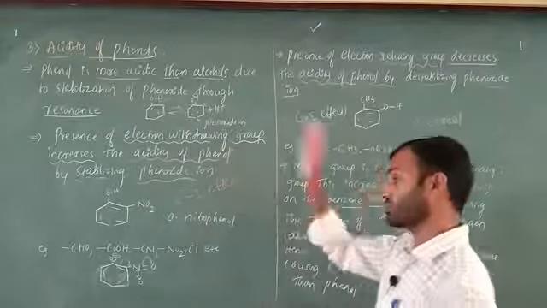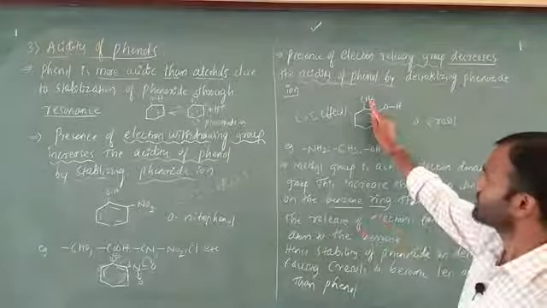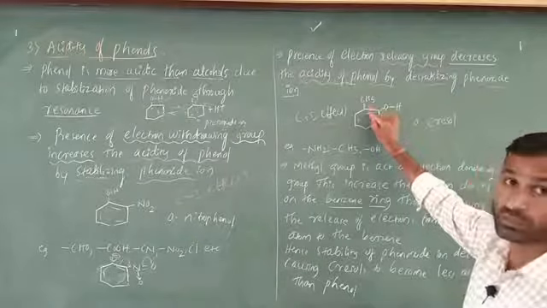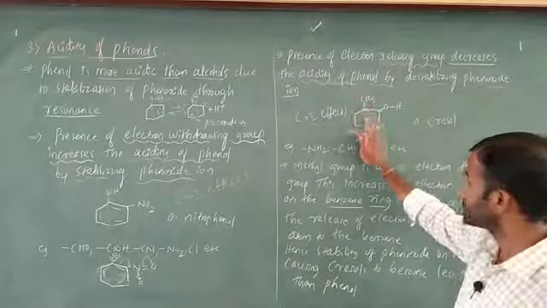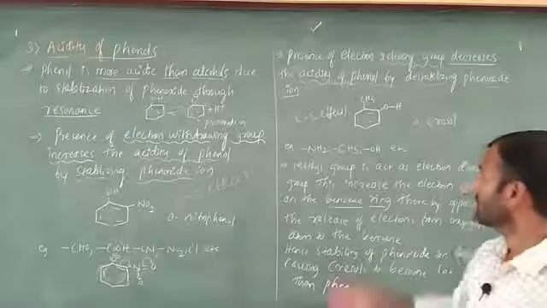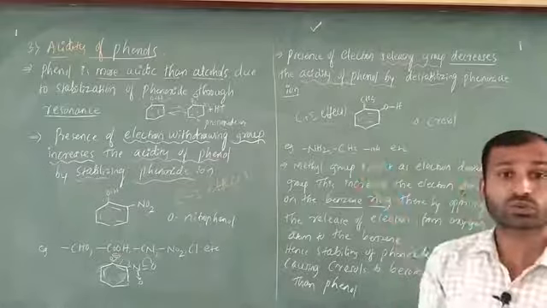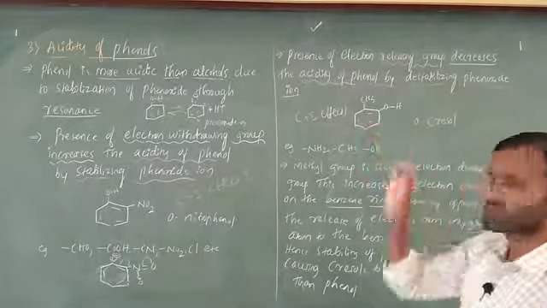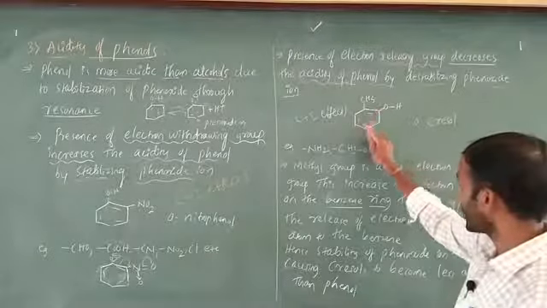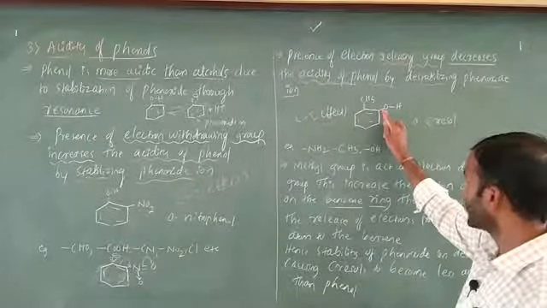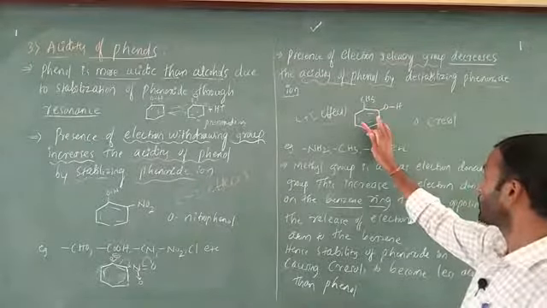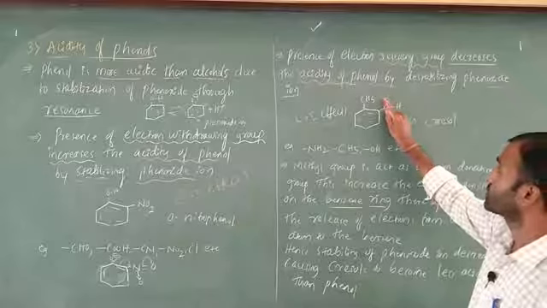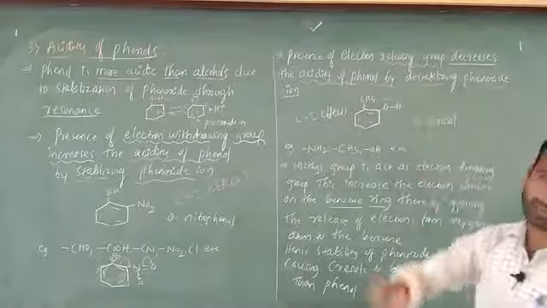That's why orthonitrophenol is more acidic. But in this case, it is not like that. This CH3 is an electron donating group. It can donate electrons towards the benzene ring. Automatically, the electron density on the benzene ring is going to increase. Obviously, electron density means the number of electrons is going to increase. When this CH3 donates electrons towards the benzene ring, the electron density on the ring increases, and this electron density moves towards the oxygen. Obviously, in this case, the negative charge is going to increase. This is a fact.